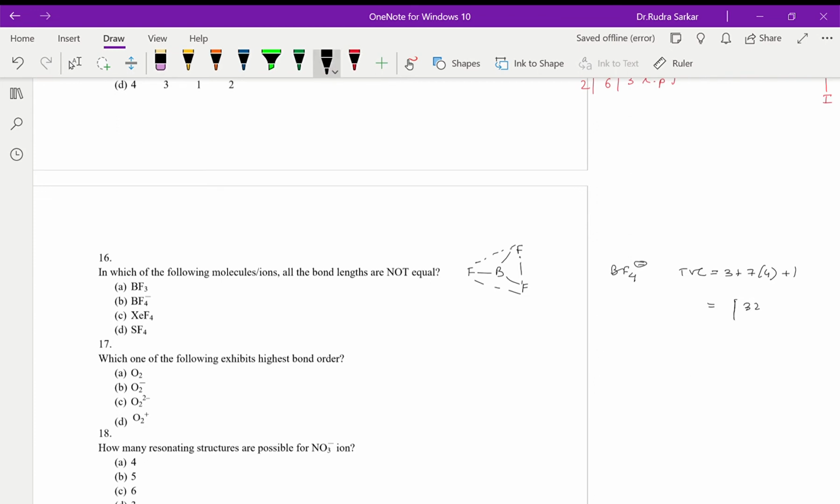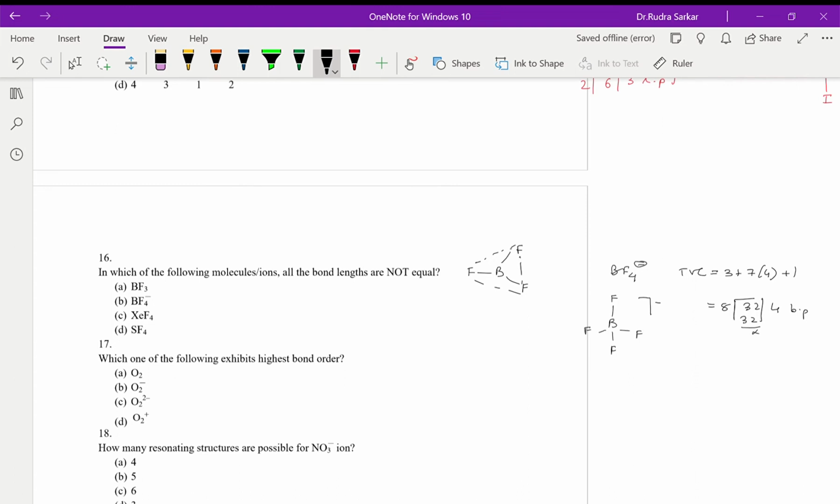So the number is greater than 8, so we divide by 8, and we get 4 as the steric number. All of them are bond pairs. So BF4 minus is basically a tetrahedral structure in which all the bonds are of equal length, because they are all sp3 lobes